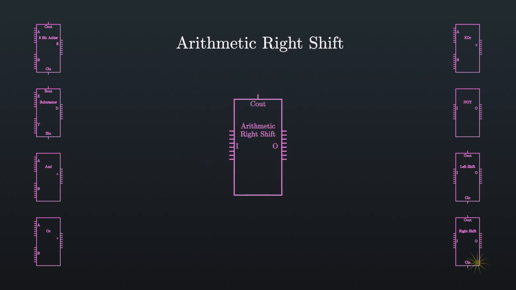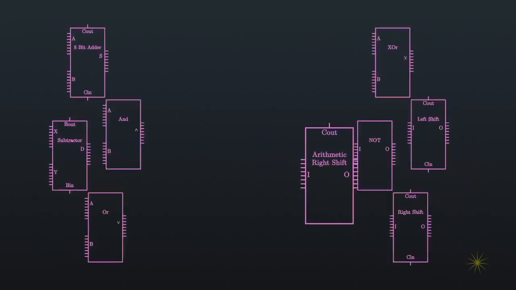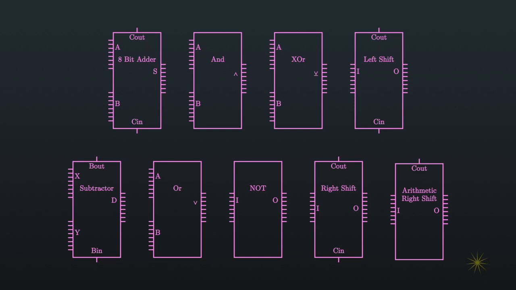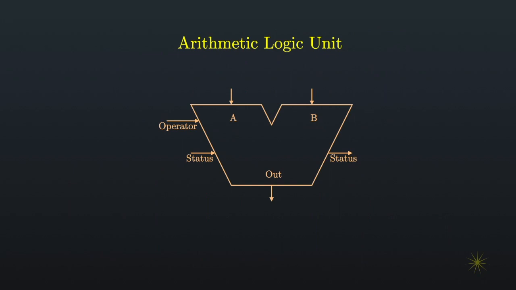For now, we'll need this, so we'll toss it in. All these circuits provide us the basic math operations for our microprocessor. And eventually, these circuits, combined with a bunch of other stuff we haven't gotten to yet, will make up what we call the Arithmetic Logic Unit, the core of any modern computer, the thing that allows us to do math